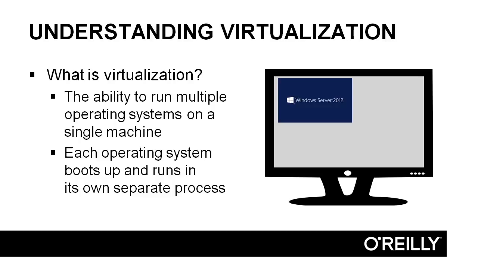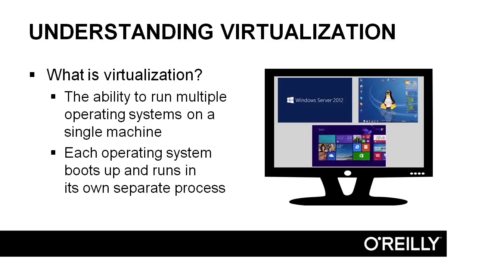So notice we've got a machine here that might be running, say, Windows Server 2008, but we've installed as a virtual machine a Windows Server 2012 box. We can open a window and run it. Then we've also installed Linux, a flavor of Linux. We can open that window up and run that virtual machine. Then I've got Windows 8.1 as another virtual machine. So notice I can run all of these simultaneously and even network between them. This is what's known as virtualization.